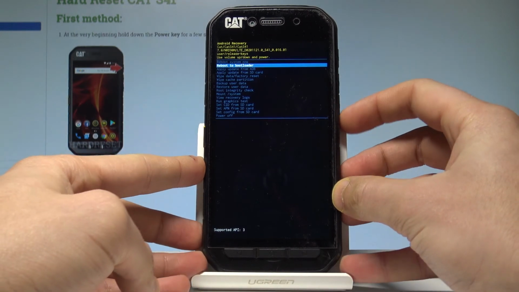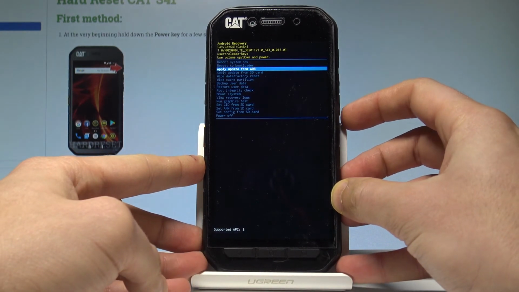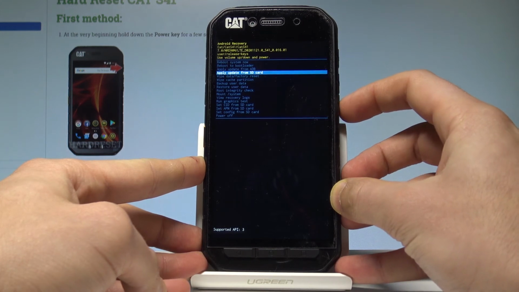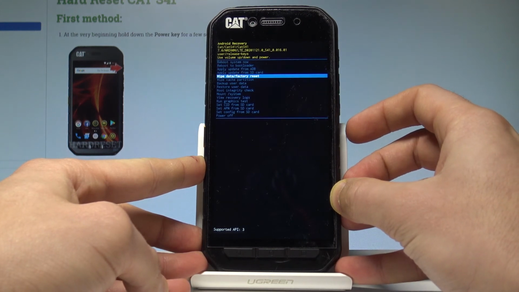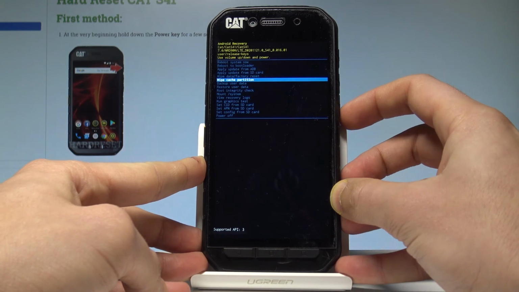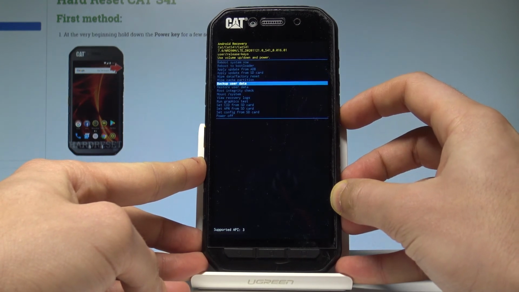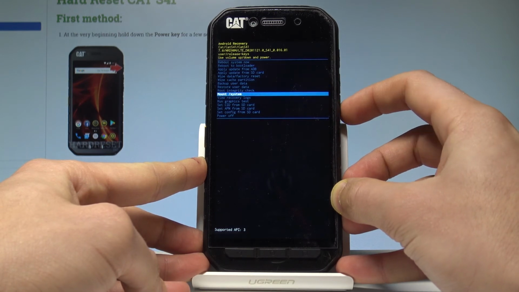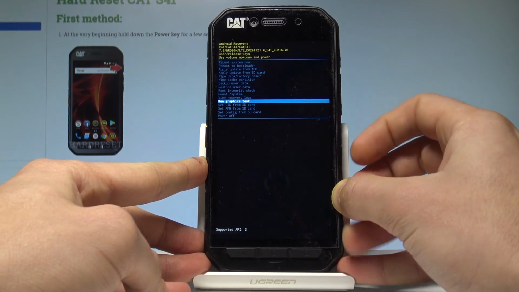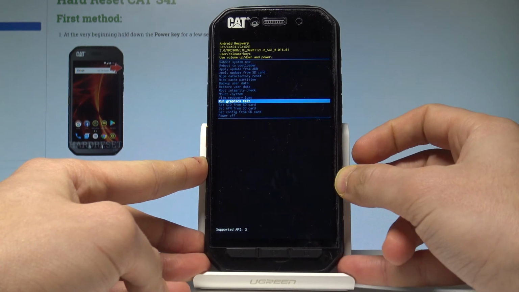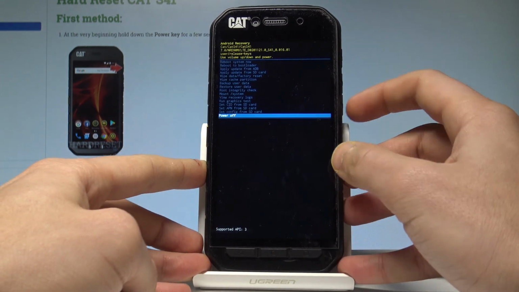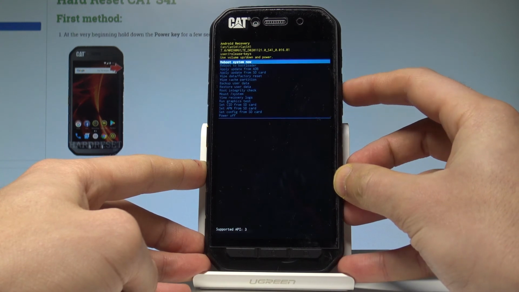Here you can reboot to bootloader, you can apply update from ADB, you may apply update from the SD card, you can wipe data factory reset to accomplish the hard reset operation, you may wipe cache partition, backup user data, restore user data, root integrity check, mount system, view recovery logs, run graphic test, and accomplish a couple of more interesting features. You can also quit this mode by choosing power off, the last option, or the first one,